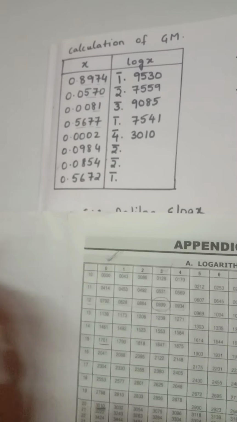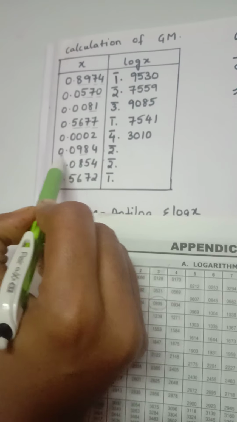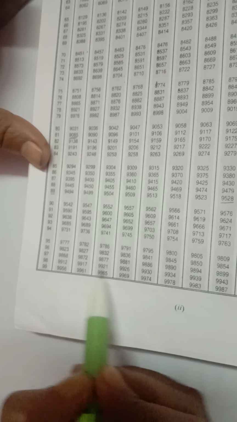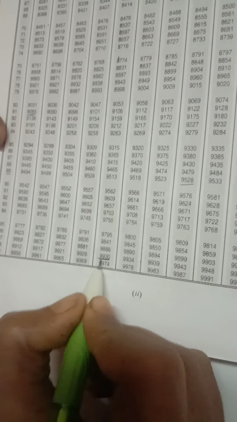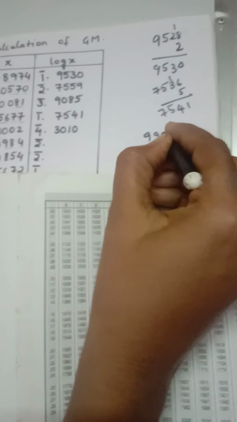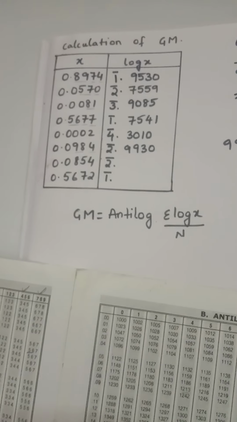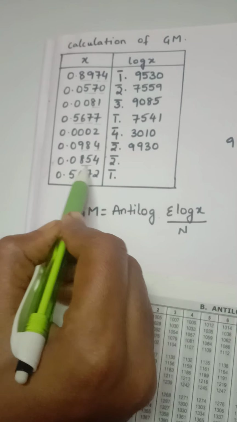98 at 4. We should not consider the zeros here. So coming to the 98 at 4, it is here. See, the fourth column we are referring to here. Just look at the fourth column, 98, 9930. 9930 is the number. And coming to the mean difference, we don't have a mean difference here, so we need to write it in the box itself. Here 9930.